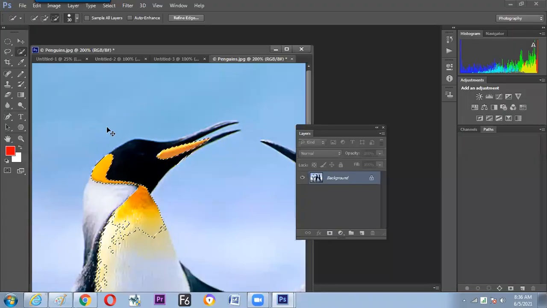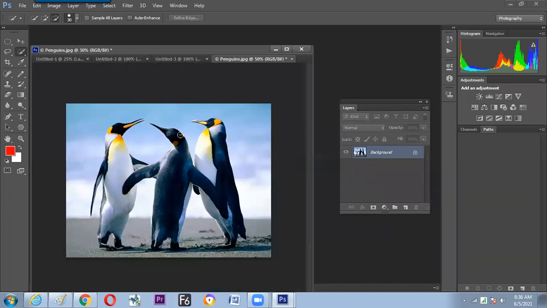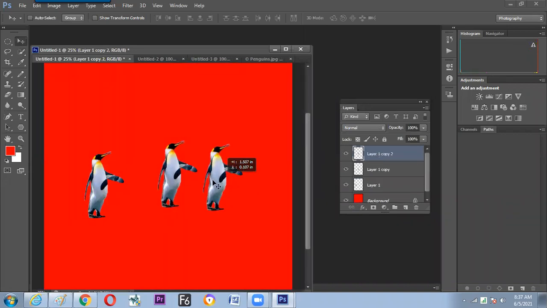Now I'll move to the higher options: photo cutting and layer formation. So we'll move to the layers. We can make the selection and place it in a new canvas. We can duplicate the layers by drag and drop. N number of penguins can be formed. We can make a penguin go one behind the other, as per the requirement, or one above the other, by dragging in the layer window.